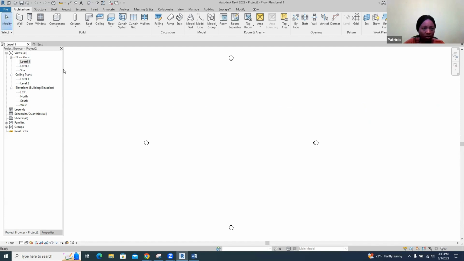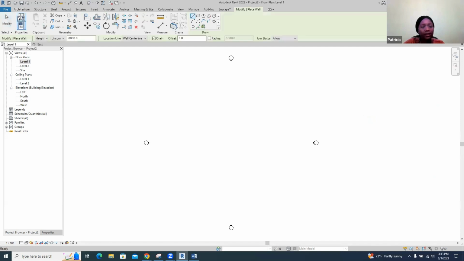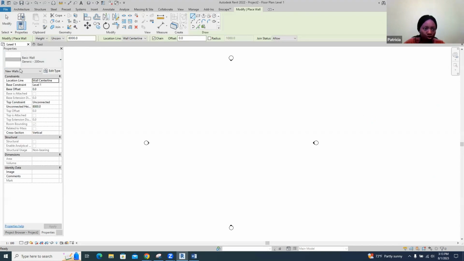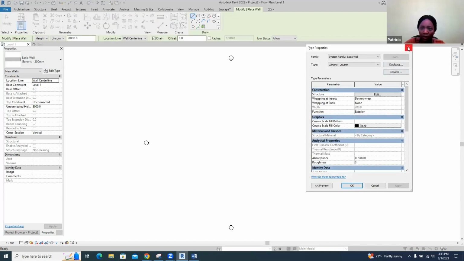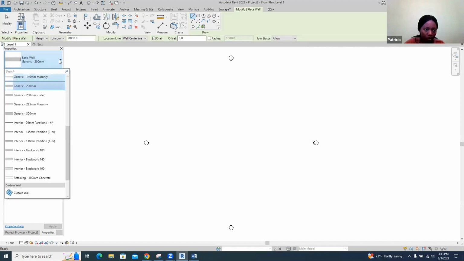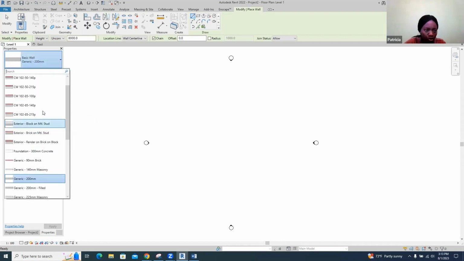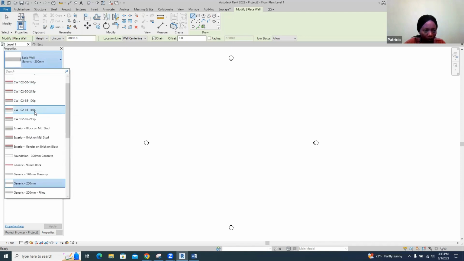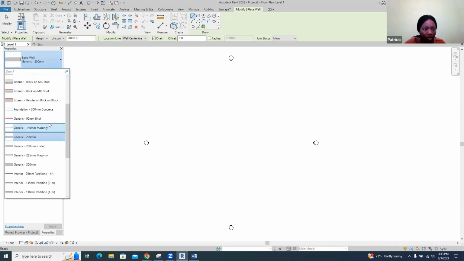So I'll go to level 1. This is the lowest level now to draw the walls from. So we go to wall, we select the wall and go to properties. For everything we select, the properties will show up here in the properties dialog box, and then we can edit the type of the wall to change the parameters. For now, I'm using the default wall, and we can select different types of wall when we click on this arrow by the wall settings here. If you scroll through, you see different types of wall, the basic wall, concrete wall with different settings, foundation, we have block, masonry. So I'm picking this generic